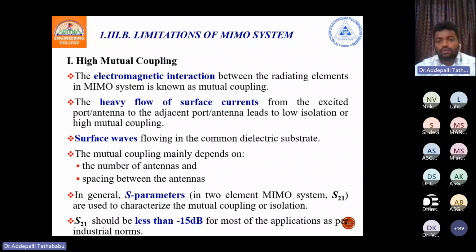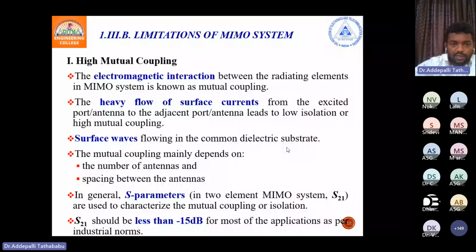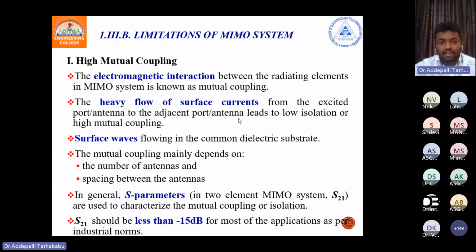So coming to the limitations of the MIMO system, what are the main limitations? Previously I said, what is the difference between array and MIMO? In an array, a number of antennas are connected side by side with some distance. There, the radiations of all the antennas are combined, producing more directivity, so automatically the gain is increasing. But here, the main limiting factor is when a number of antennas are connected side by side, the information contained